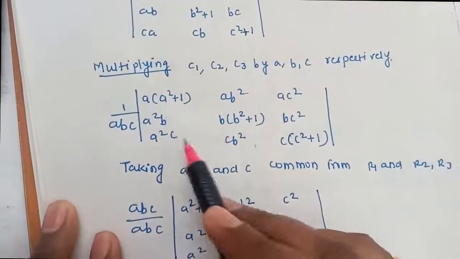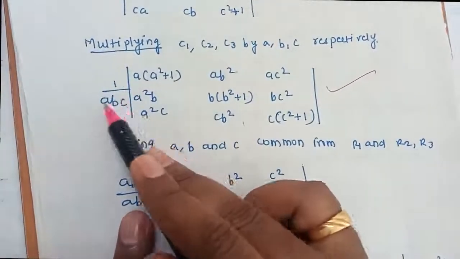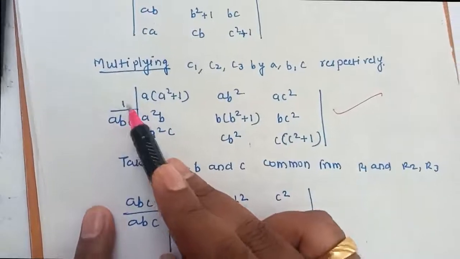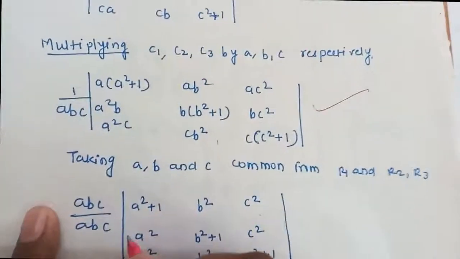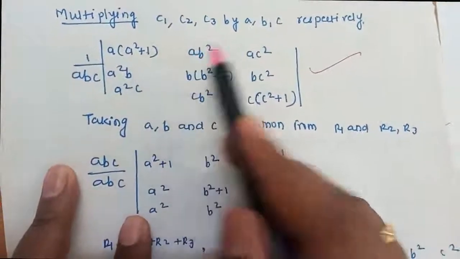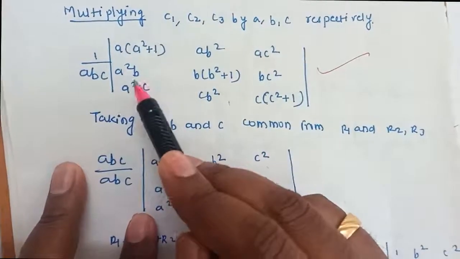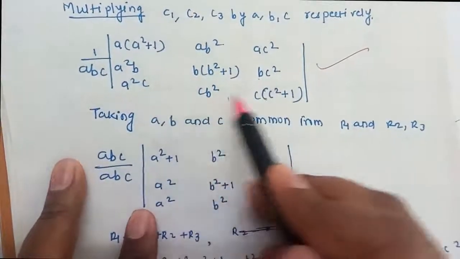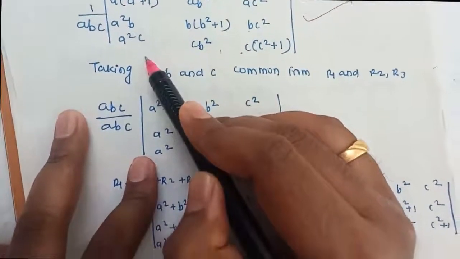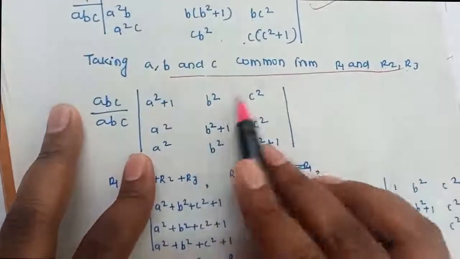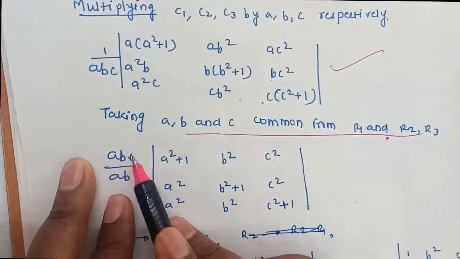Now after multiplying this I will get this determinant, and this 1 upon abc I am dividing because I multiplied also, so it will nullify the effect of multiplying abc. Now this is R1, this is R2, this is R3. Remember, a is here, a is also here, a is also here in R1. Even b in R2, and c in R3. So I can take a common from R1, b common from R2, and c common from R3. So I can take abc common from R1, R2, and R3. If you're taking abc common, we have to multiply it with the determinant.